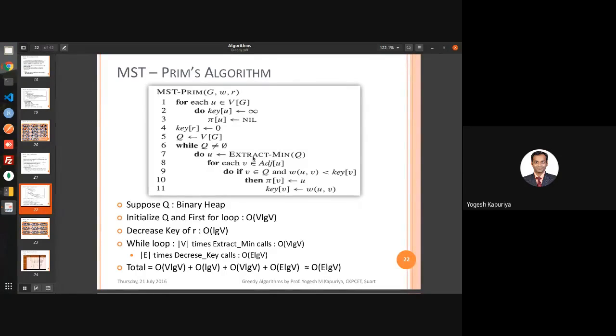That means you are inserting in any order, but your retrieval is always fixed. What you are retrieving is always the minimum value. Because you are retrieving the minimum value, your queue should be adjusted every time. And that's what you have said as max heapify. Max heapify means that every time you are extending something, you will heapify your queue. Heapify means you will update the queue accordingly. So the same approach is used over here.